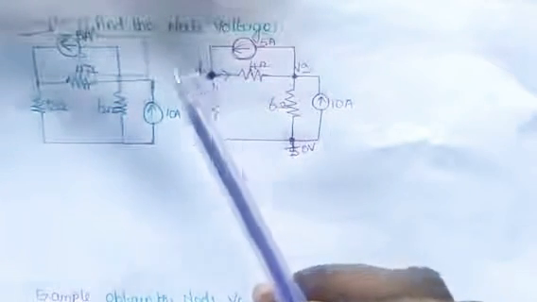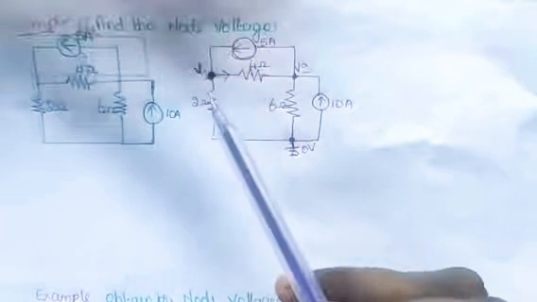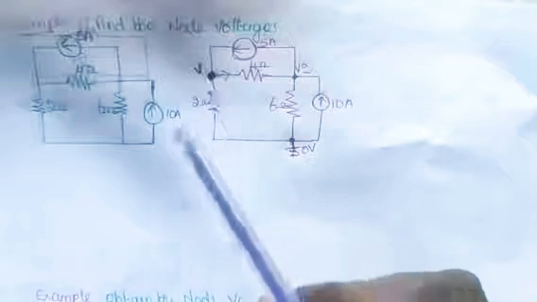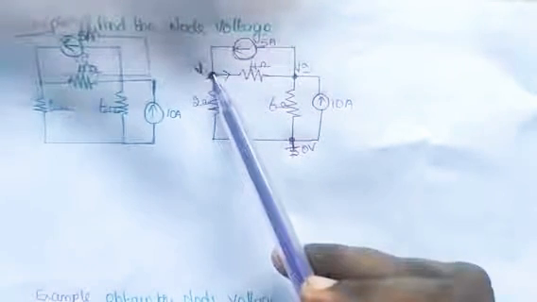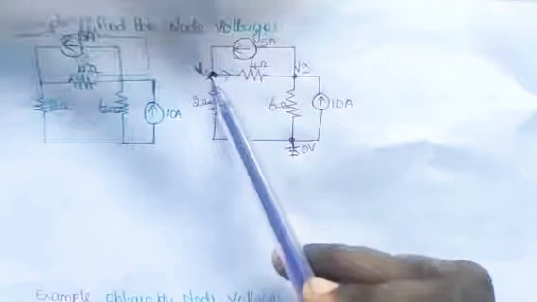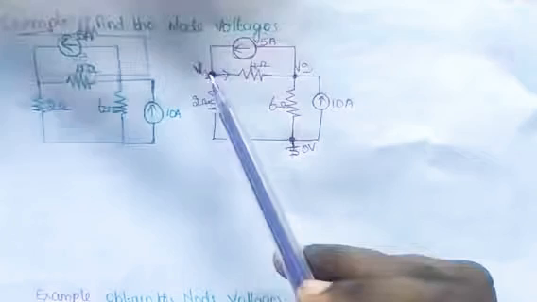So let's apply KCL to this node. According to KCL, the sum of currents entering the node is equal to the sum of currents leaving the node. In this case, 5 ampere current is entering the node. Already we have seen that when we are writing KCL for a non-reference node, that node voltage is considered to have higher potential than the other nodes. So in this case, when we are writing KCL for this node, V1 has higher potential than V2 and also V1 has higher potential than 0 volt.